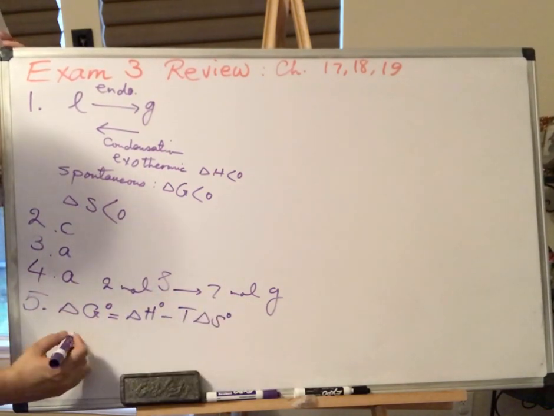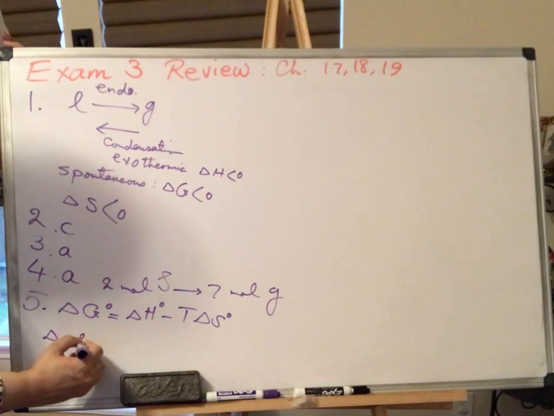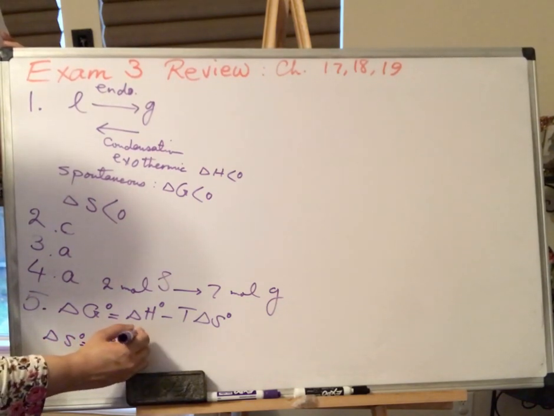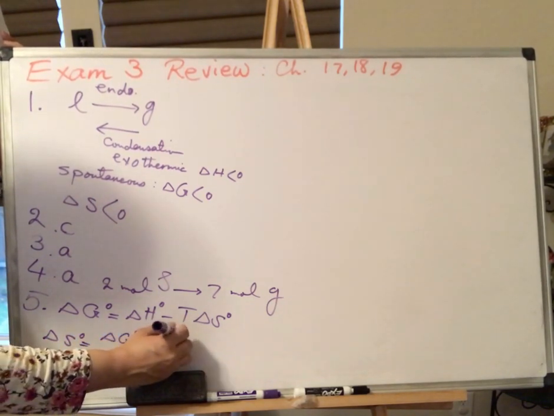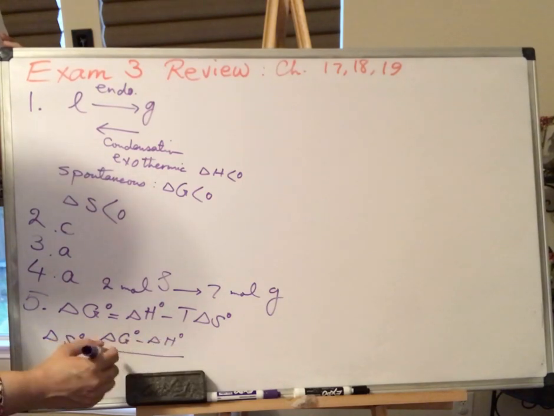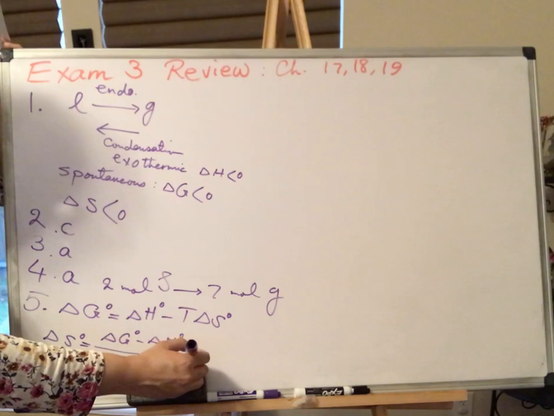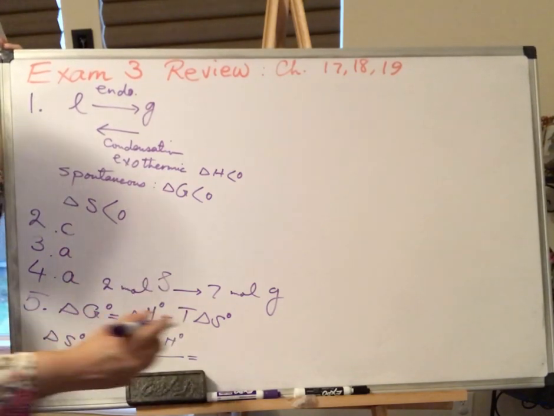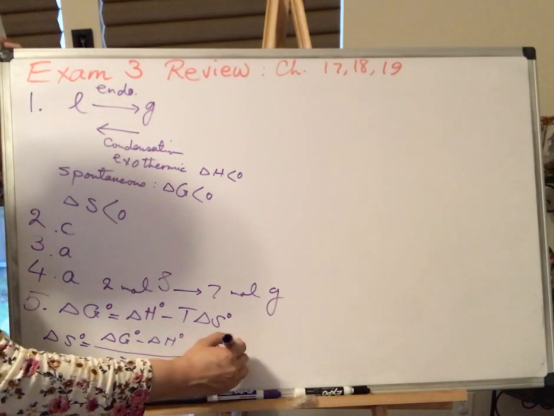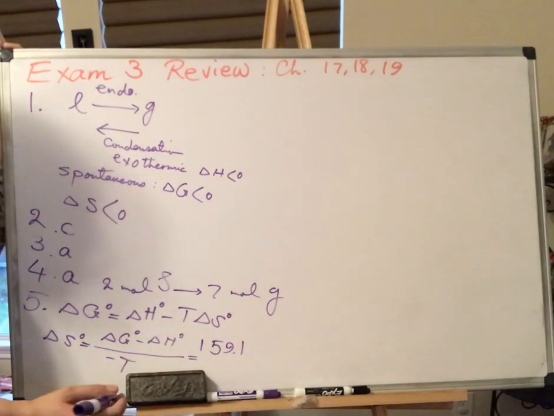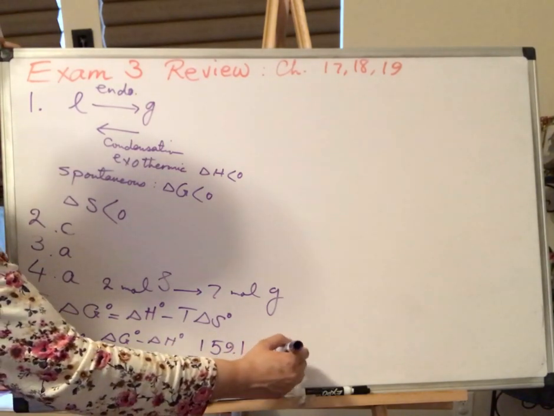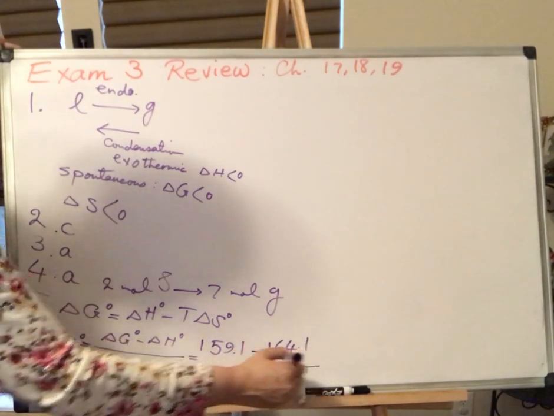Solving for delta S standard, it's delta G standard minus delta H standard divided by minus T. So it's delta G, 159.1, minus delta H, 164.1,